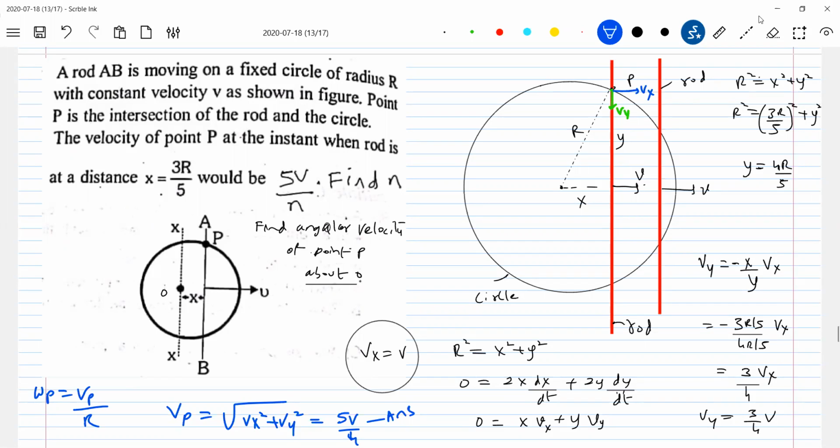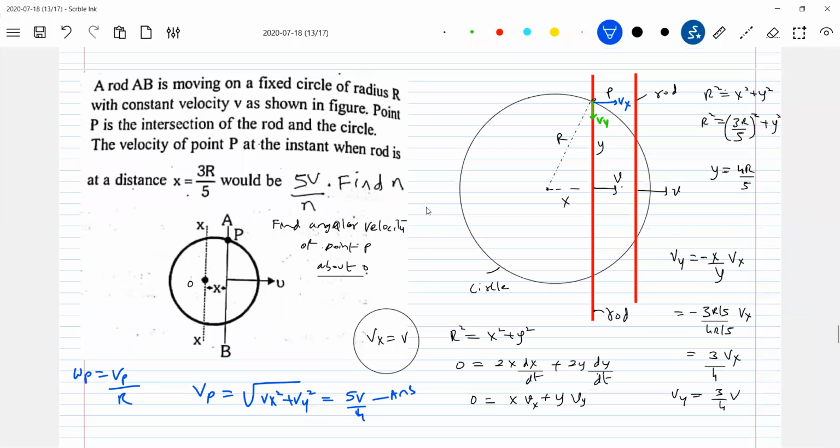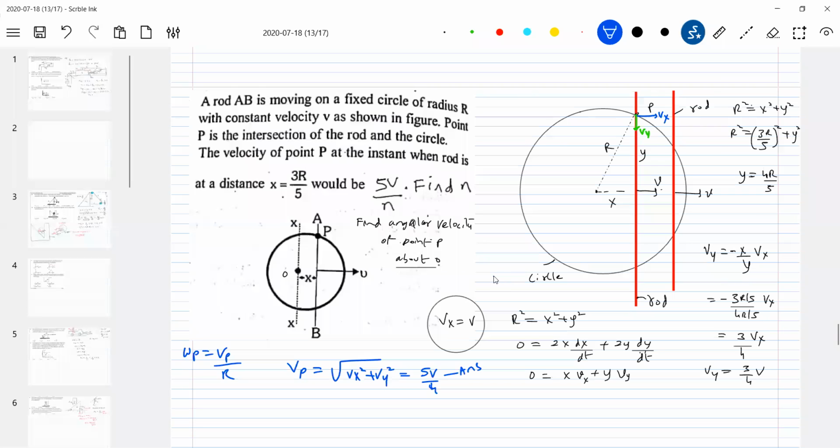Now, how will that velocity be directed? I think we can't just take a decision like this, no? At that instant, you should calculate the angle made by the resultant velocity. I think directly we should not write. We should be very specific about the direction of the velocity of point P. The component of velocity directed perpendicular to the line joining OP should be taken. Can you remember the tangential velocity idea? I'm not sure whether Vp is perpendicular to R. We have to check it because we know Vx and we know Vy. So Vp will be somewhere in this direction.